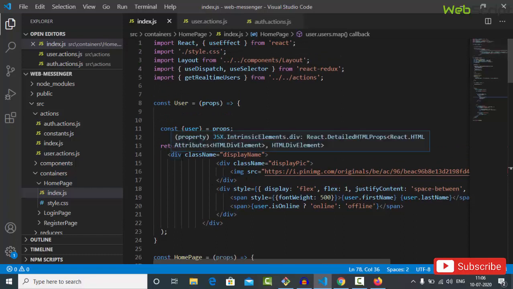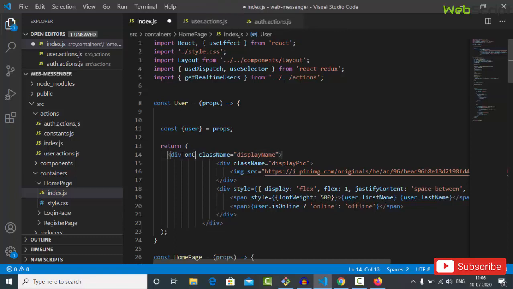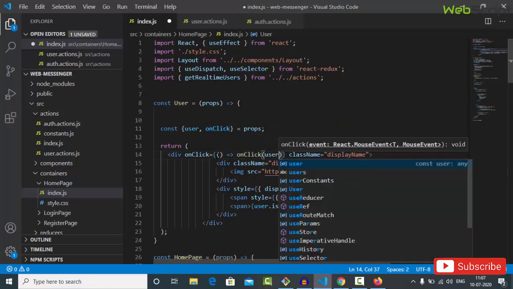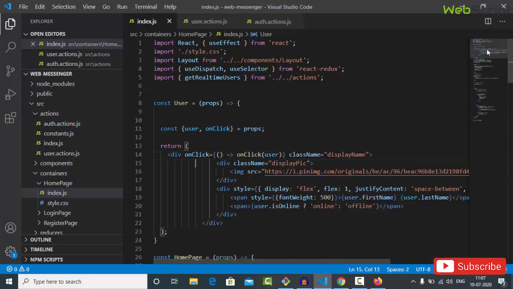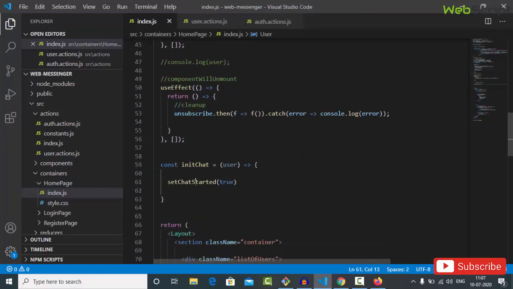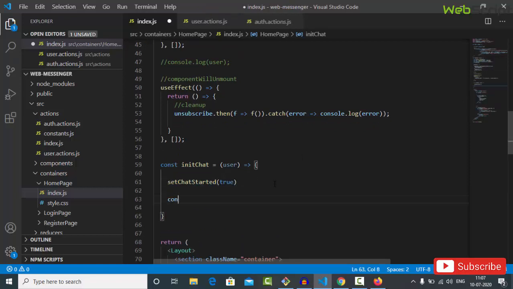Over here on click, we are going to extract from the props, that is onClick, as well as we have to send that user. So we'll write an arrow function onClick, and we'll say the user. Okay, so we'll say user over here, and setChat already set it to true, and then we'll